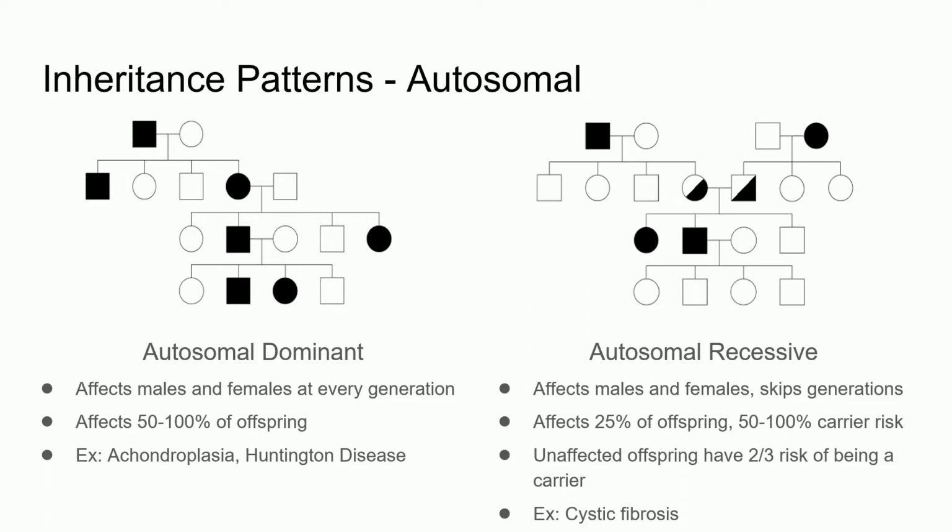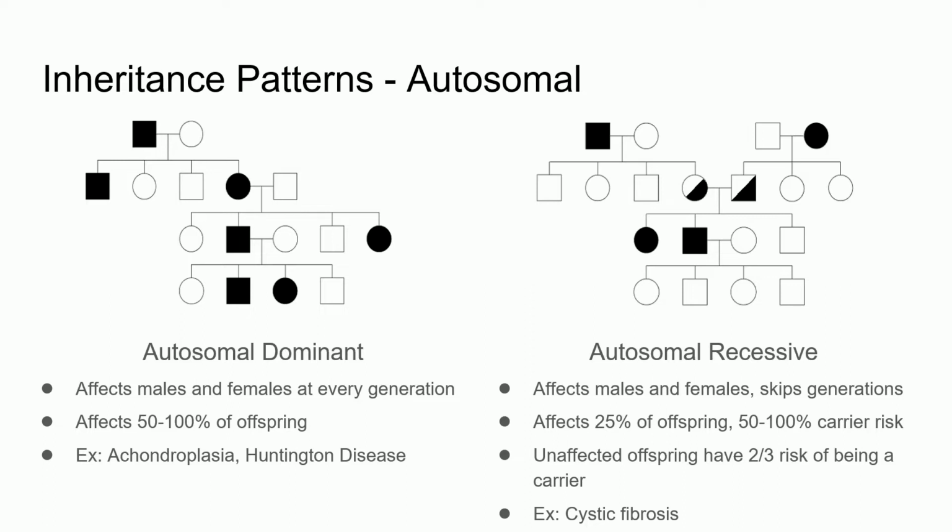In autosomal dominant, both males and females will possess the trait or express the phenotype, and it will be present in every generation because it is dominant. Any offspring from a single affected parent will have a 50% chance of inheriting the dominant trait. If both parents have the dominant trait, then the outcomes will depend on whether a parent is homozygous or heterozygous for that dominant trait. If both are heterozygous, then the risk of being affected is 75%. If at least one of the parents is homozygous dominant, then the risk is 100% in the offspring.